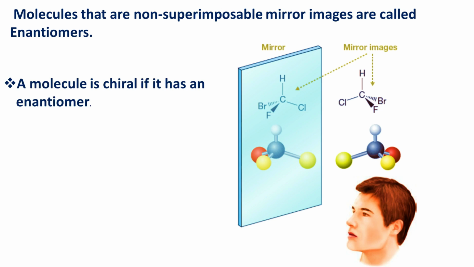For example, this derivative of methane molecule, which has 4 different groups attached to carbon center, called bromochlorofluoromethane, cannot be superimposed on the mirror image and is therefore chiral. This means the 2 images are enantiomers. Next, we need to discuss what makes a molecule chiral, or what makes mirror images of molecules to be non-superimposable with the original structure. Although there are different types of chiralities,